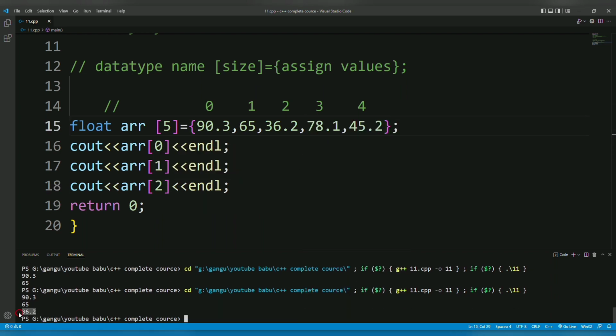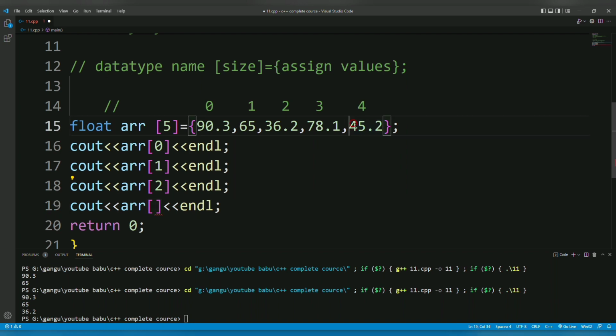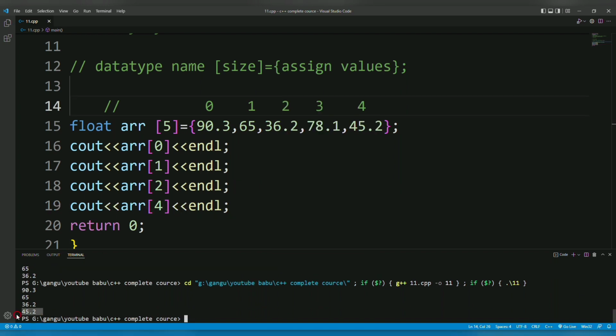You can see here 36.2 is coming. When I have to do this for my last student, who has scored 45.2, I will type 4, the index value. So 45.2 is coming here. When I type 5,